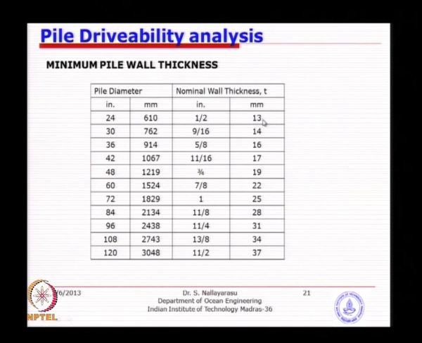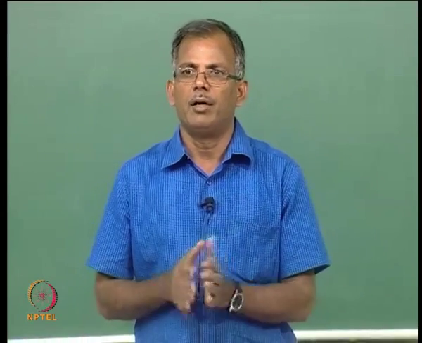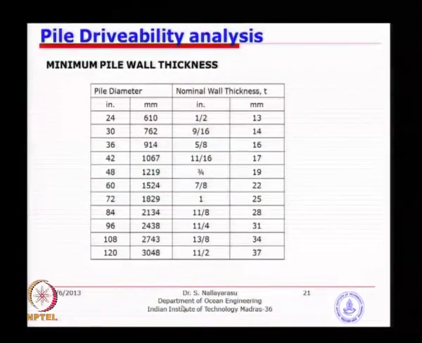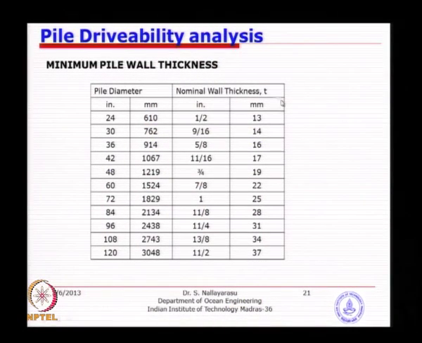Of course, you see here the D by T ratio for even 600 by 10 will reach about 58, whereas if you look at 72 and 60, you do not want values beyond 60, which will put you into trouble. That is why, in the actual pile selection we do nowadays, we keep it around 35, 40 or 45 maximum. So using these lower bound values, if you try to argue, you definitely will not be correct.